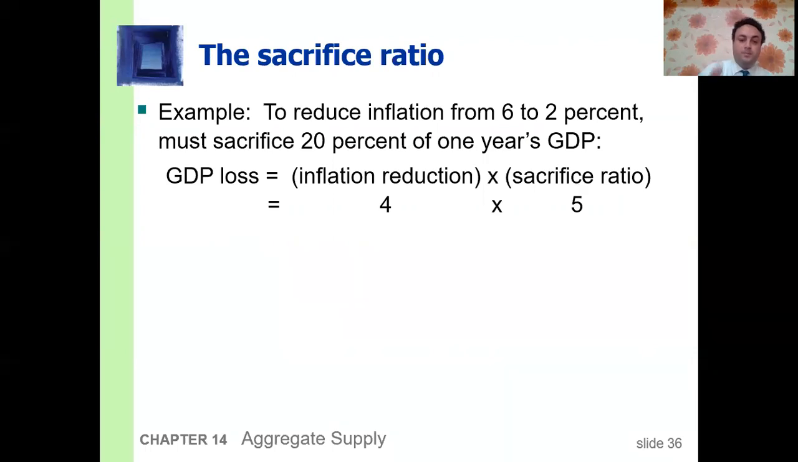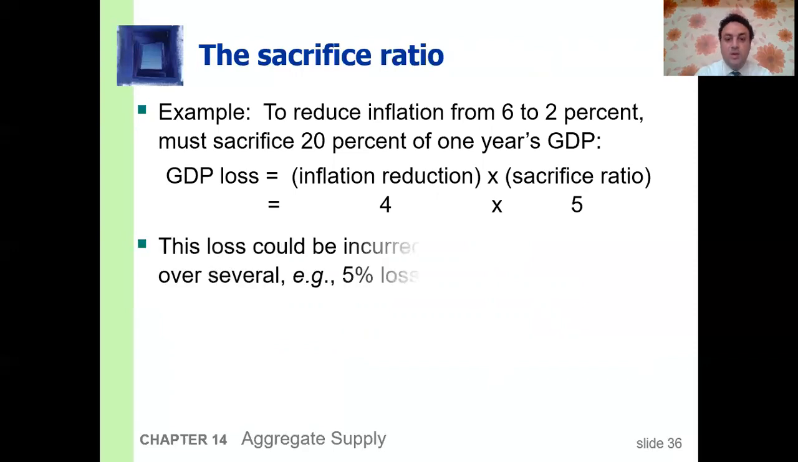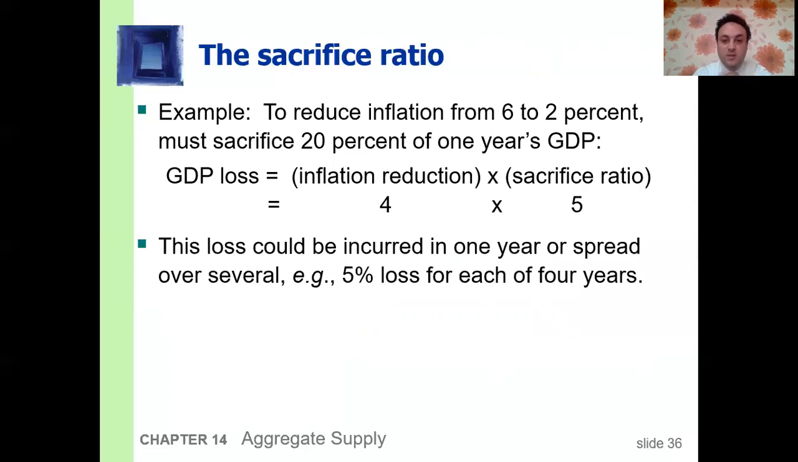GDP loss, you will multiply the inflation reduction, which is the difference between 6 and 2, multiplied by the sacrifice ratio that we said it is the 5. So it will be 20% of a year's GDP you have to reduce